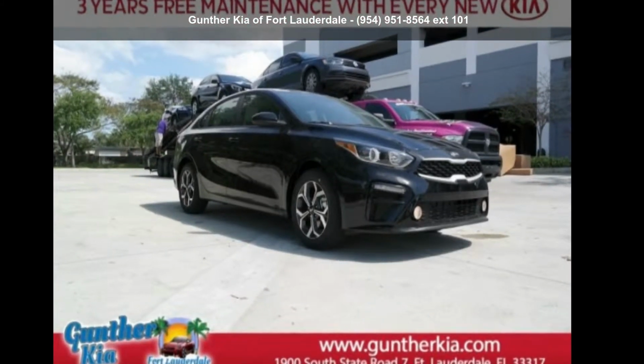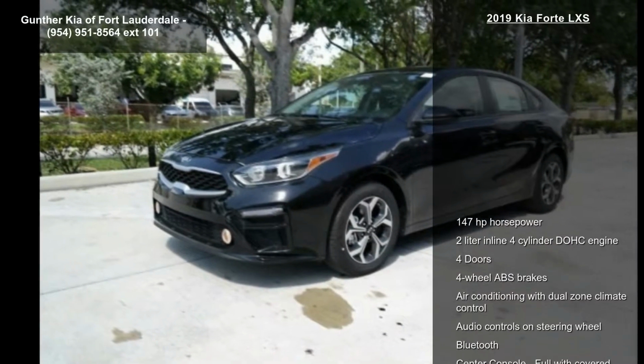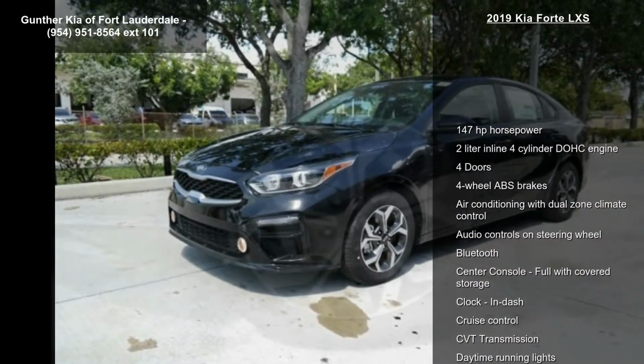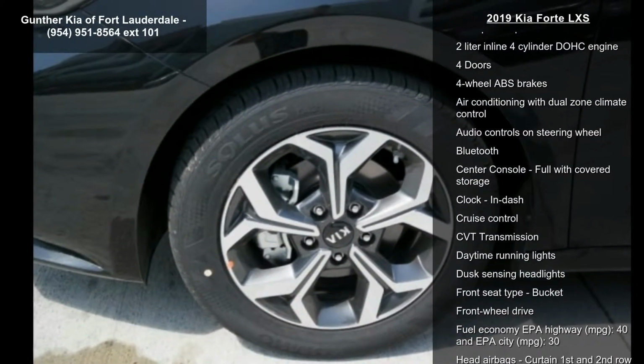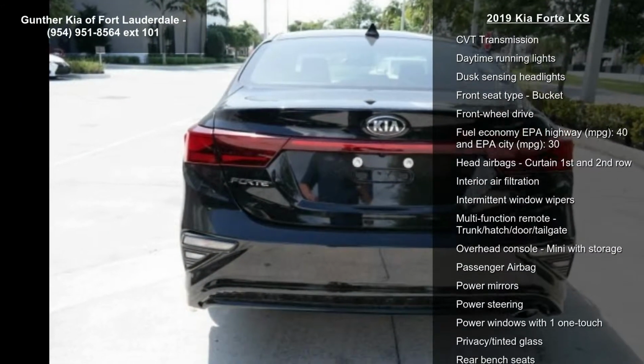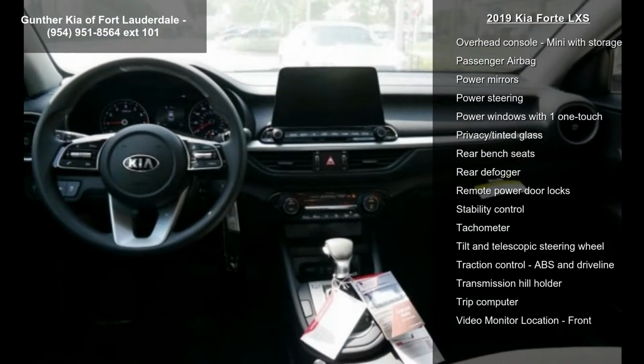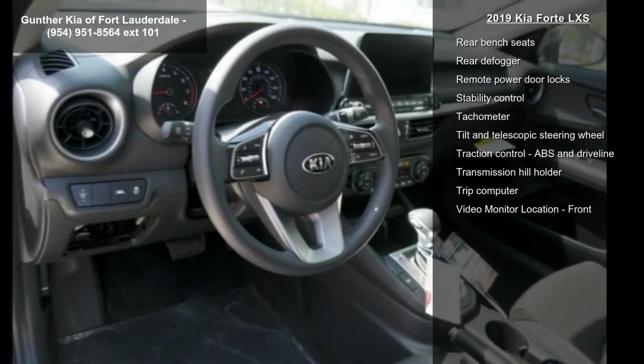Imagine yourself in this Kia 2019 Forte LXS. If you are looking for an automobile with great features, look no further. Some of the top features included with this vehicle are 147 horsepower, 2-liter inline 4-cylinder DOHC engine, 4 doors, 4-wheel